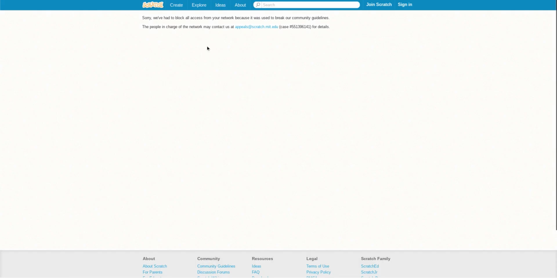But if you try to go back, you get this IP ban, and you'll notice that the only way to leave the IP ban is to use a VPN, or you can use ZenMate, so that way people can see you.